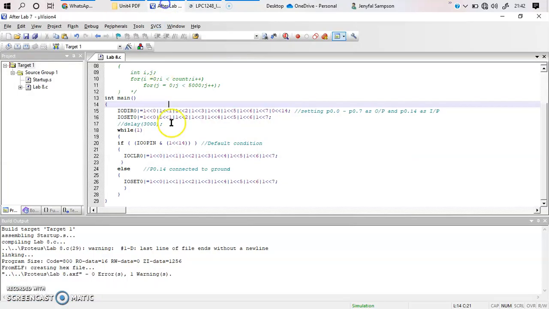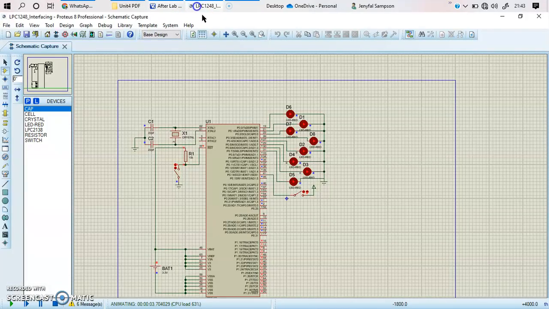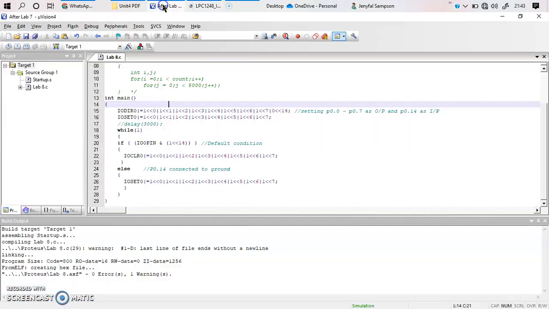And as per our program, I hope you remember, the default condition is to turn on all the LEDs. So you can see that pin number 0 is set to 1, 1 is set to 1, 2 is set to 1, all the way to bit 7 set to 1. So all the bits are being set over here. So what is happening? All the bits are turned on initially. And after that, depending on my condition, you are going to see what is going to happen.